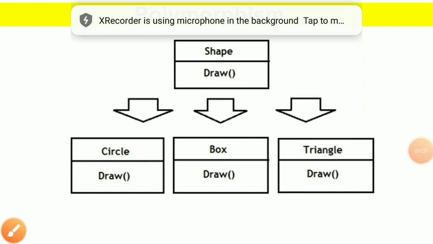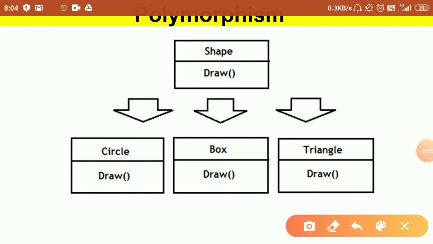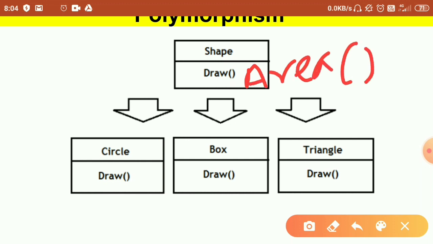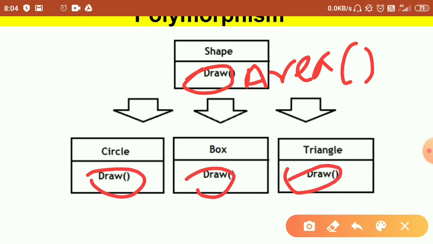In the code example, I'll be using area instead of draw. Everywhere you've got draw, I'll use the area function.